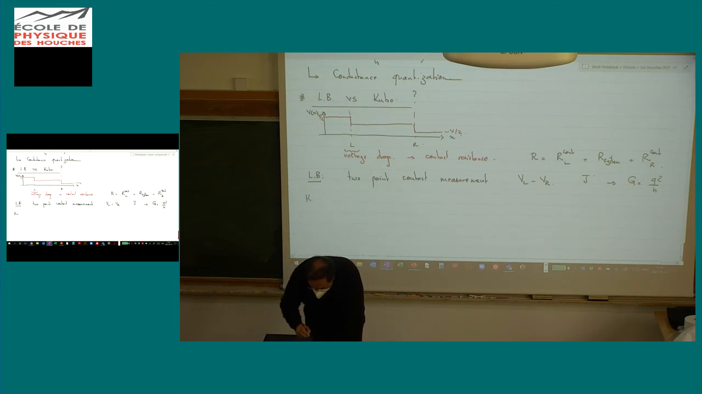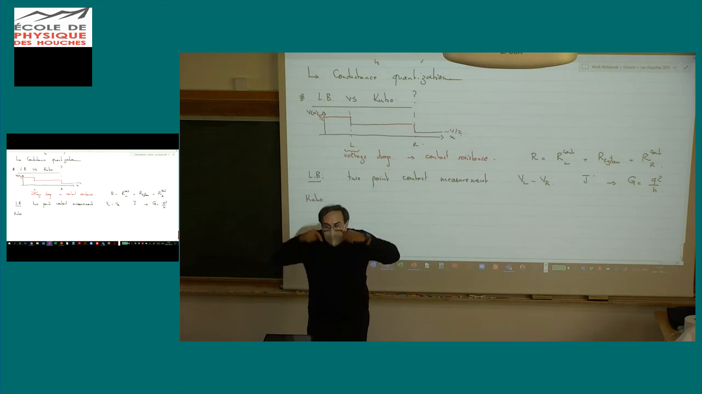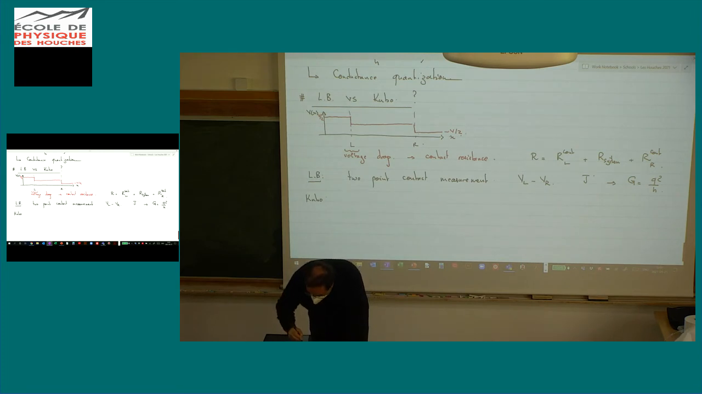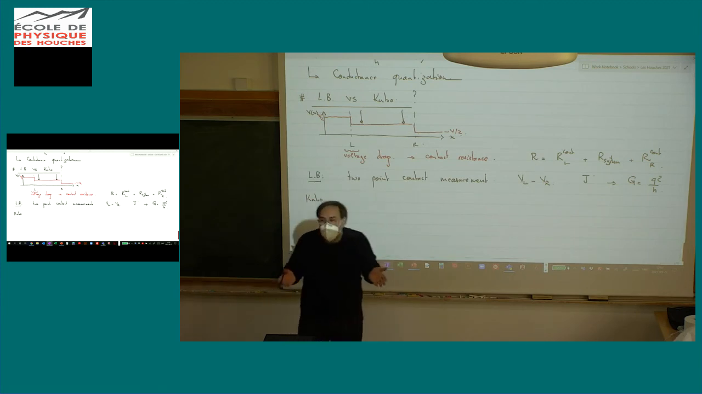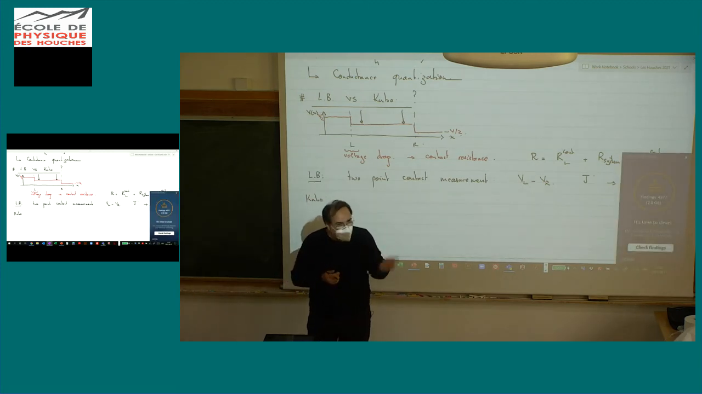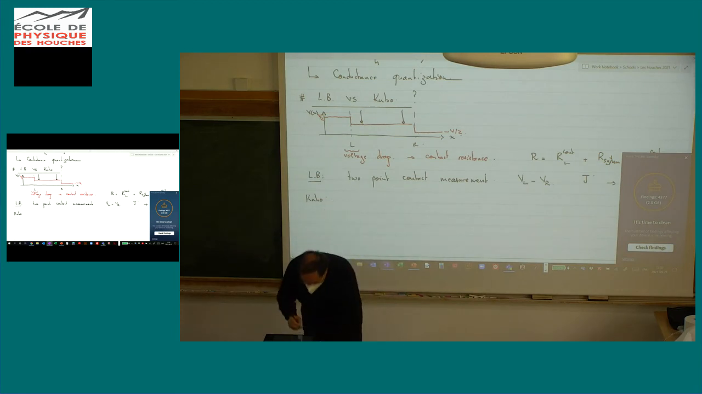Kubo is actually measuring the local electric field which is inside the system. And so what you would need to do is to put detectors here and here, and then check what is the voltage drop between these two points. And then you will find it's 0, which means the resistance is 0, which means the conductivity is infinite, and that's consistent. So Kubo is doing what people call a 4-point contact